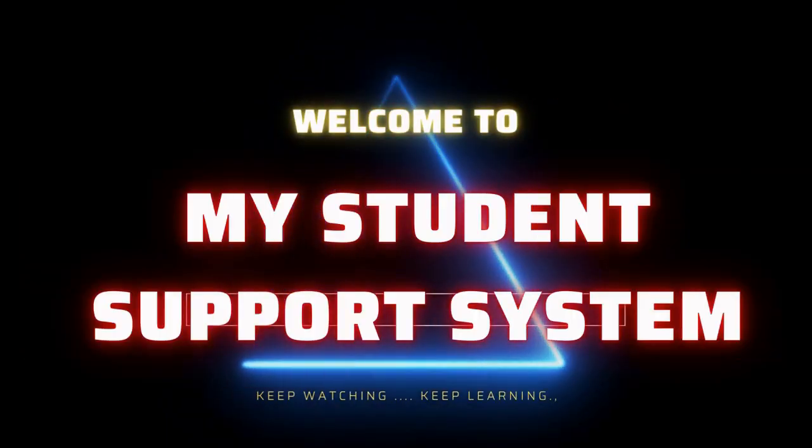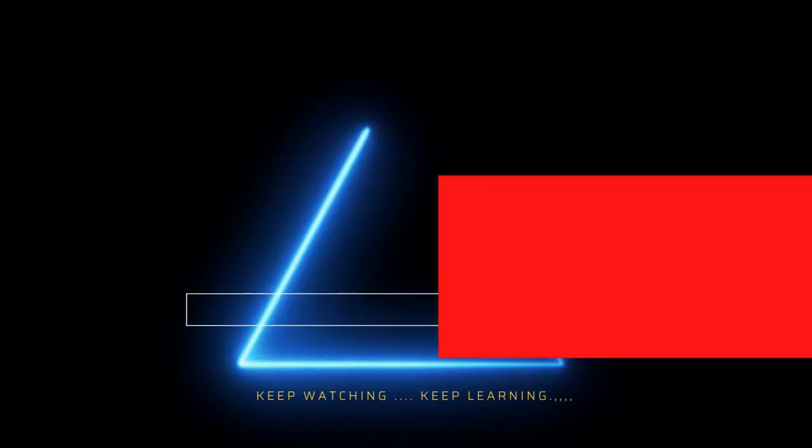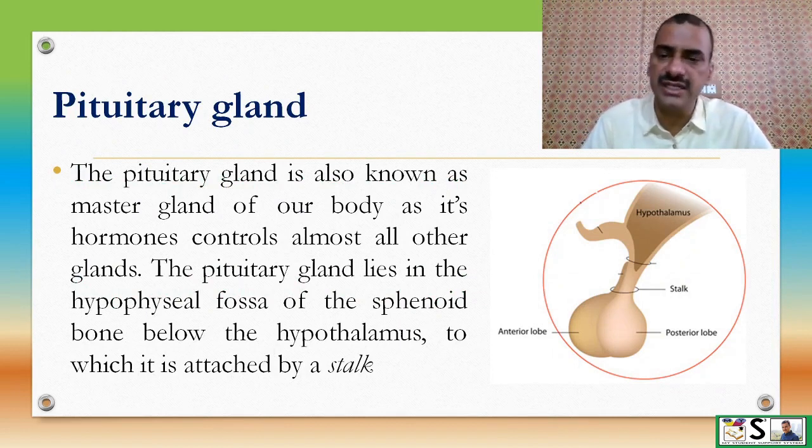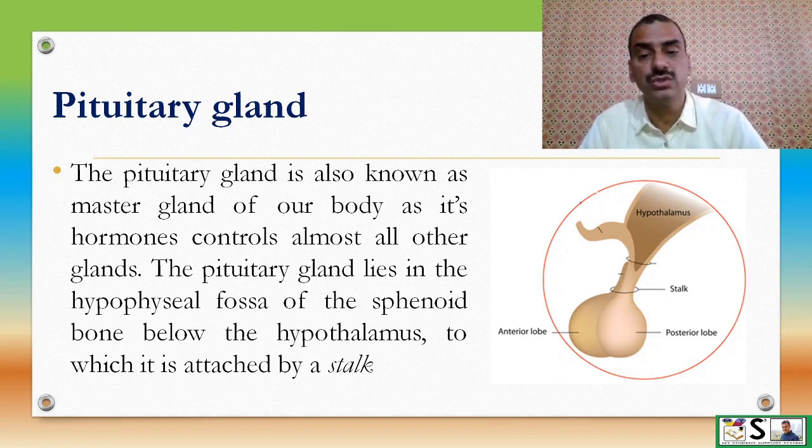Keep watching, keep learning. Now we will discuss the pituitary gland. The pituitary gland, also known as the master gland of our body, as its hormones control almost all other glands. The pituitary gland lies in the hypophyseal fossa of sphenoid bone below the hypothalamus and is connected to the hypothalamus